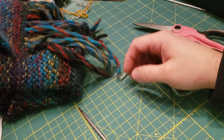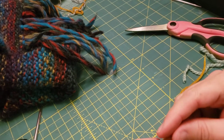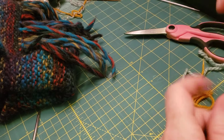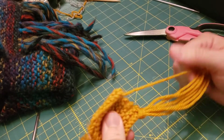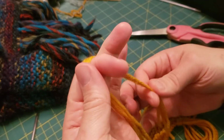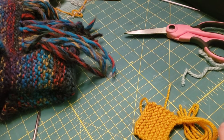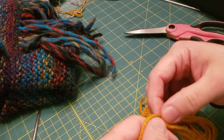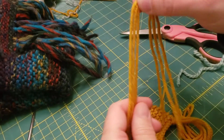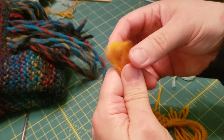So to add fringe, I'll show you on this other scrap piece that I have here. You just cut a bunch of pieces of yarn, all the same length, okay? And for each section of fringe, I like to have 3 pieces of yarn. So you take 3 pieces of yarn that are all the same length. These are about, let me measure here, about 10 inches in length, so that when I fold them in half, they become 5 inches on either side, okay? So you're going to fold this in half, make kind of a loop here,